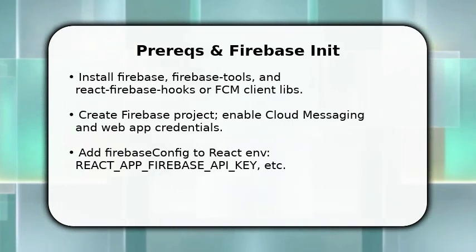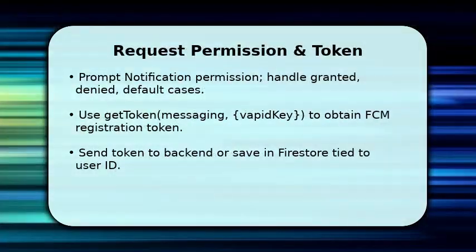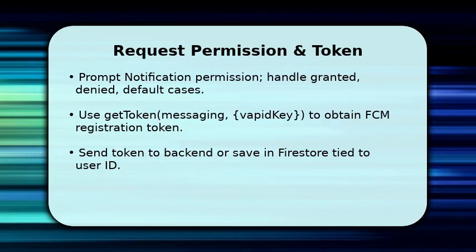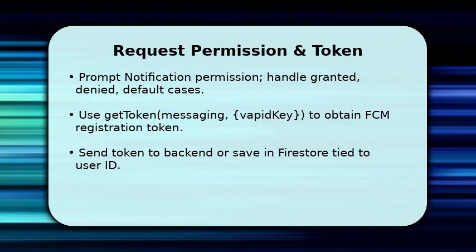You should now implement the permission flow within a hook or effect so it runs on user action. First, call Notification.requestPermission and branch. If granted, call getToken with messaging and the VAPID key to receive the FCM token. Make sure to handle errors and token refresh events by listening to onTokenRefresh or the messaging